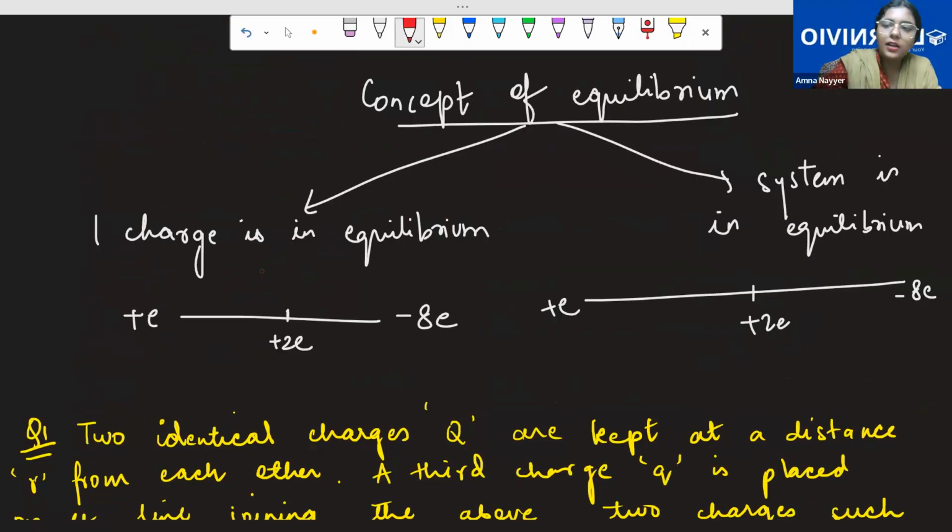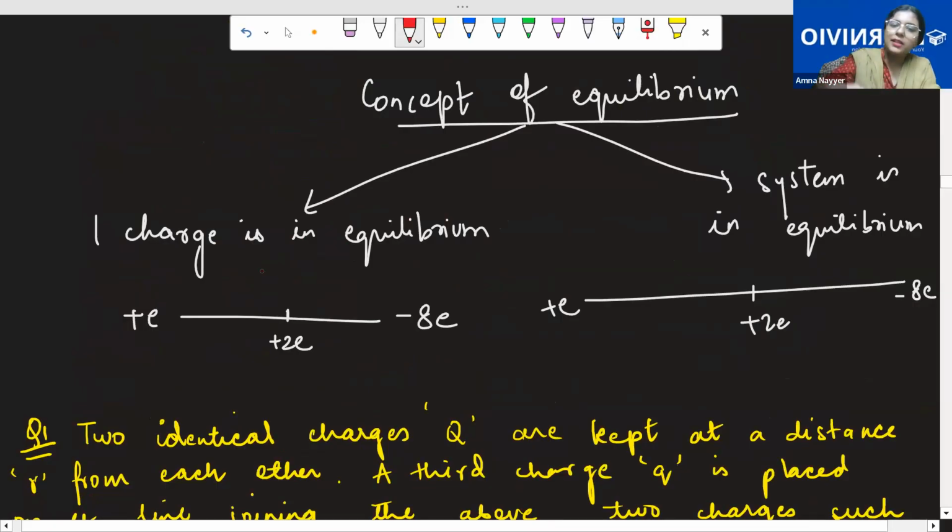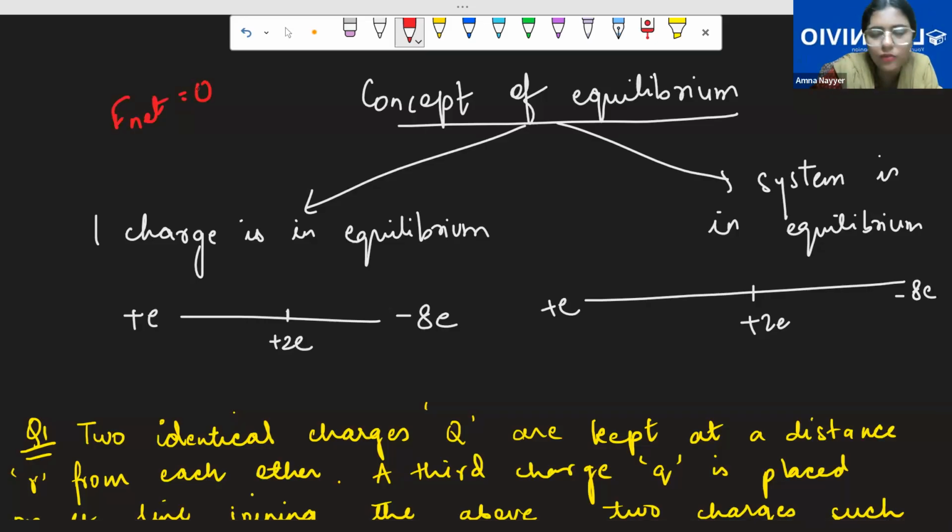See, concept of equilibrium means sometimes equilibrium is what? Equilibrium means a state of complete rest. Rest in the sense when the net force is zero, then we say equilibrium, which can be translational or rotational. And this is all from your laws of motion chapter class 11th. You've already studied. Then what is there in your class 12th?